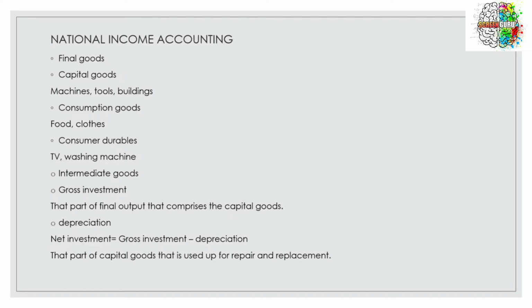Coming back to capital goods, they are also called gross investment. How can we call something an investment? In economics, investment doesn't mean investment in the stock market or financial investment. It means investing or capital creation. So that is what you call gross investment. Why do you need this term gross? We'll learn it through an example. Say for example, this year 10 machines were made. Next year another 10 machines will be made. So at the end of the second year, in total we have made 20 machines. That is your gross investment in the country.